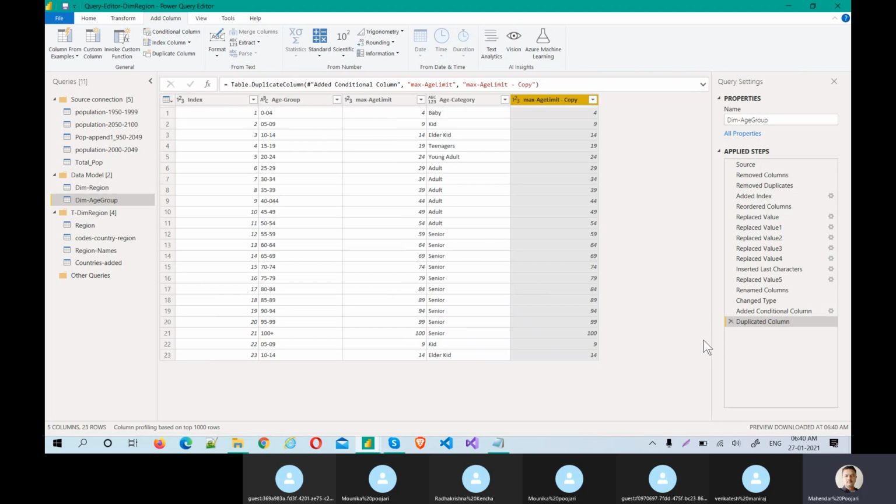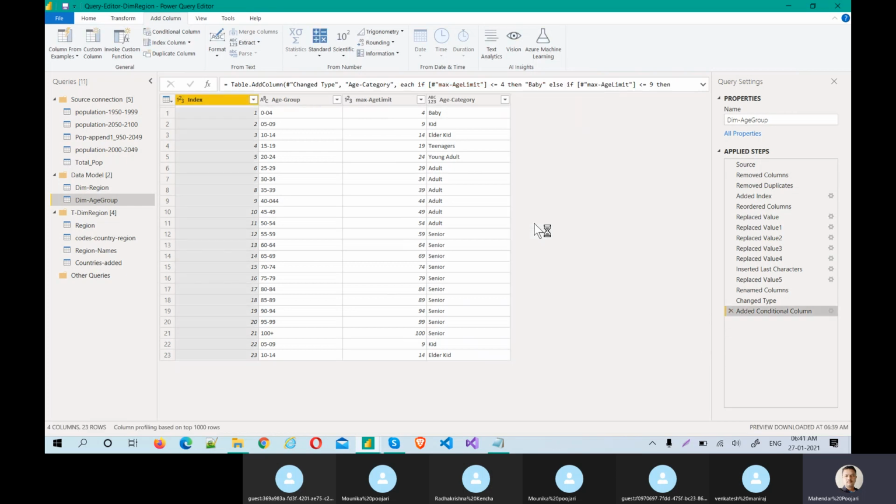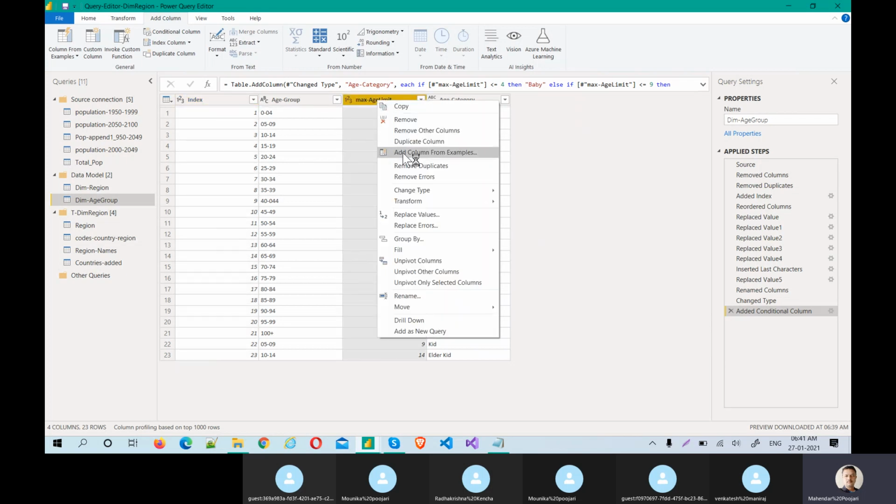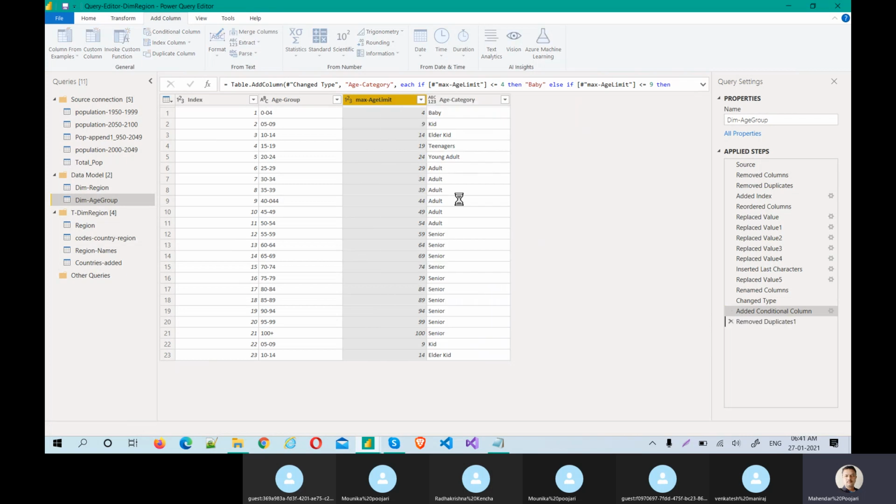Hey, what have I done? I've done the duplicate column. Sorry, remove duplicates, I should do. Remove duplicates. Yes, sorry.